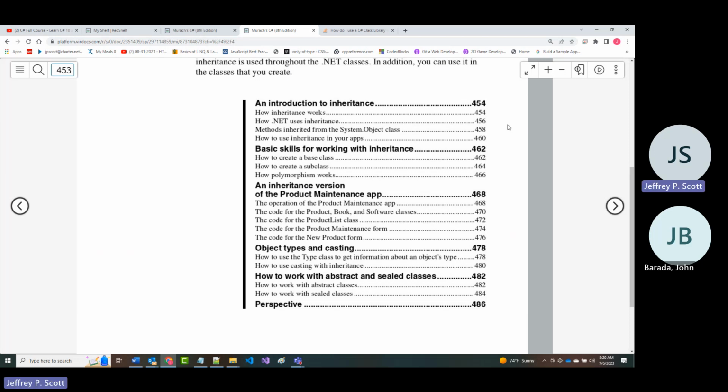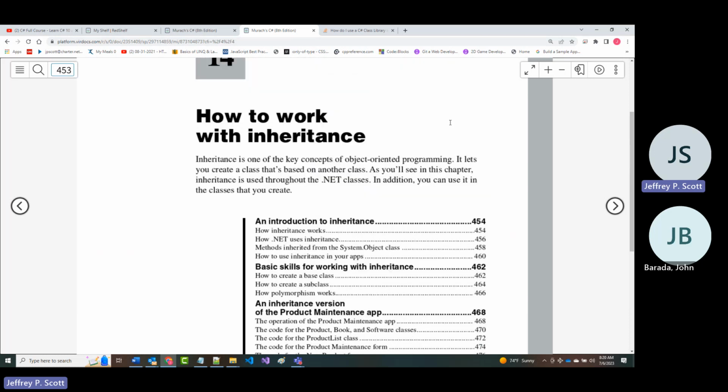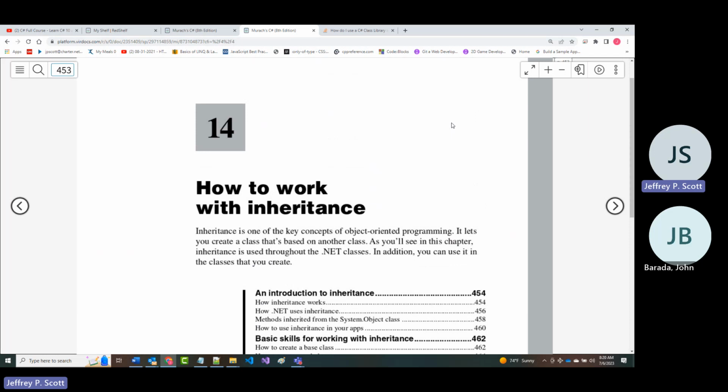Then when we get done with that, we're going to jump right into chapter 15, and we're going to concentrate in there on the part that deals with interfaces. All right. And if we still have time left, then we'll go into chapter 16 and we'll talk about class libraries. There's a lot of stuff we're covering today.